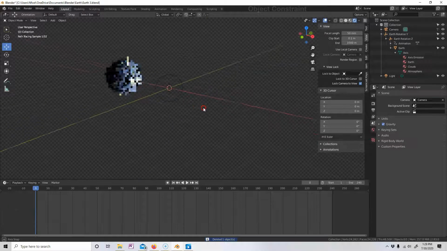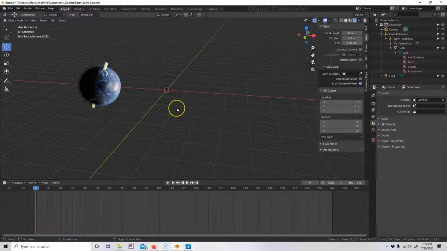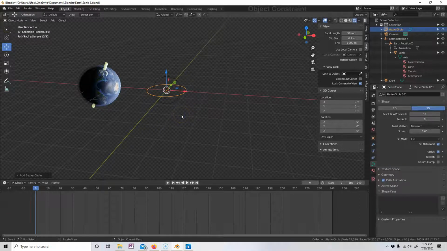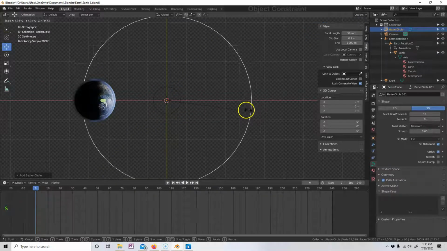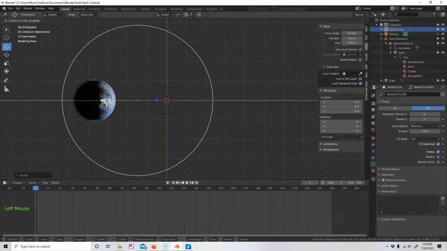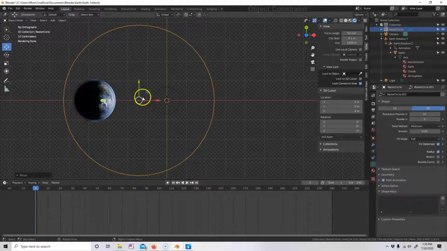Another thing that we can do is, while I'm adding a circle, it is not exactly correct. Let's add that again. Top down. We're assuming it's this, when in all actuality it's closer to maybe this. I mean, right now the orbit of Earth is a little bit more circular, but there's a place where the Earth is closer to the sun and a place where the Earth is further away from the sun,